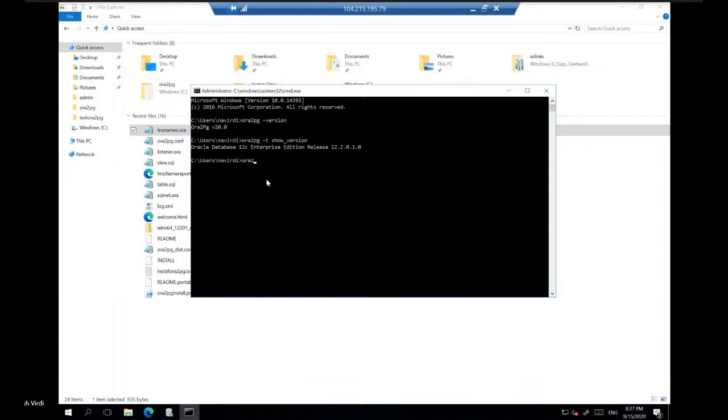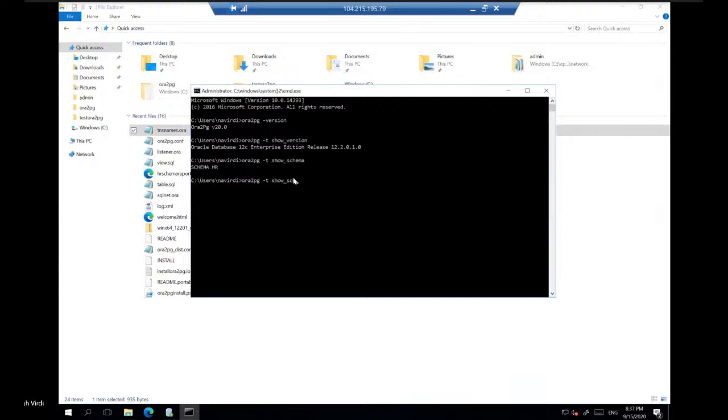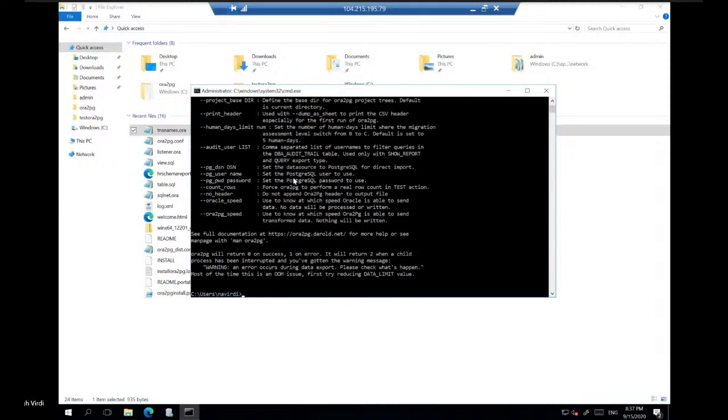Now, once that is done, what you can go ahead and do is look for the different schemas that are available. There is a switch which shows the schemas that are available in your Oracle database. Then you can run something like this: show me all the tables that are there in the Oracle schema, right?